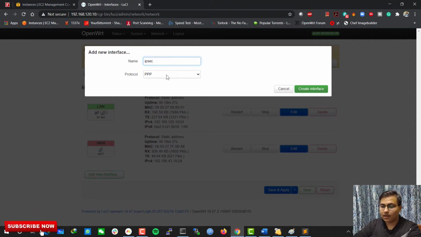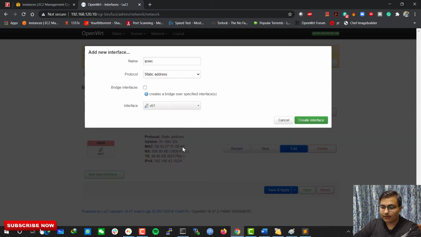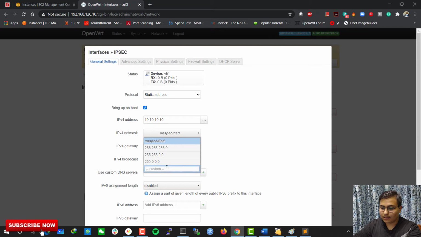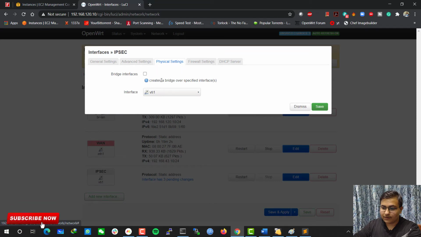I am giving it IPsec, it can be anything, and you have to select VTI1 and then create interface, and assign an IP. In my case the IP is 10.10.10.10 and subnet is 32, so 255.255.255.255, and in the physical settings we have already selected VTI.